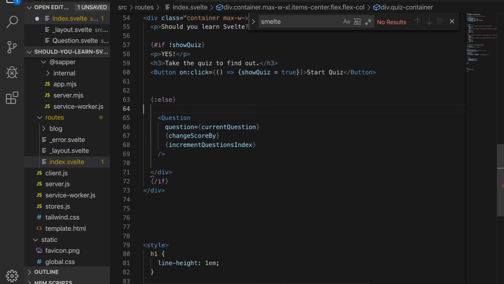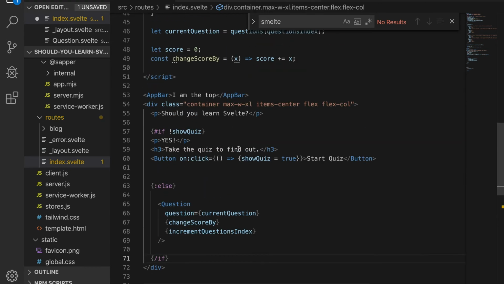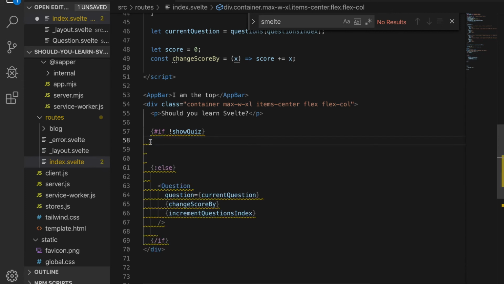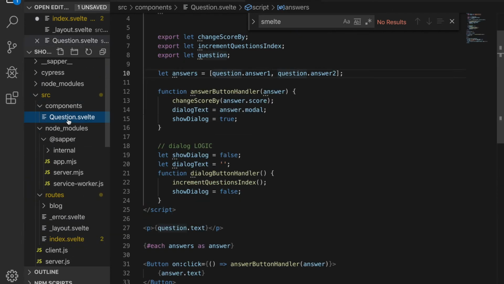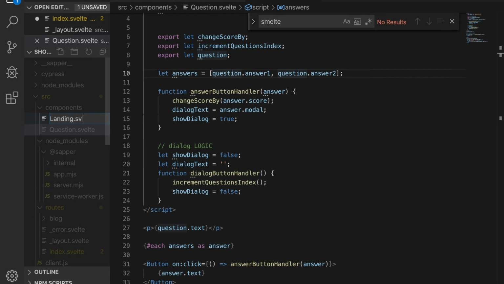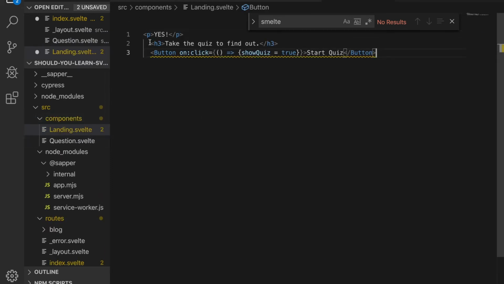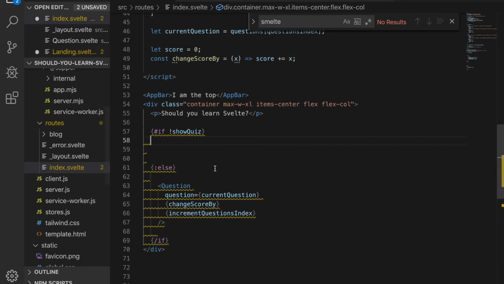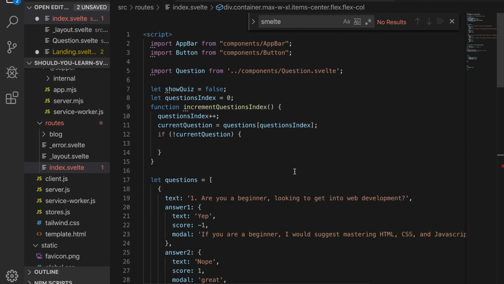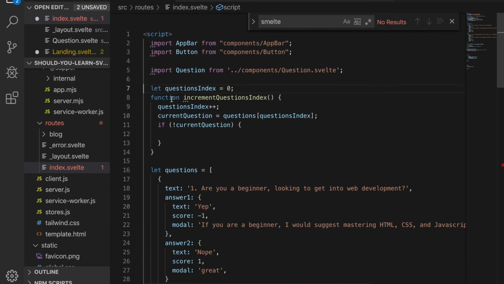Okay, so we don't need this quiz container. It's just a question. We will make this into a landing screen. That way I can just put that in a component and think of that on its own. So landing.svelte. Okay, and that's all it's going to be. Although, I need to figure that out. Show quiz equals true. Okay. So actually, we're not going to have the show quiz. We're going to have